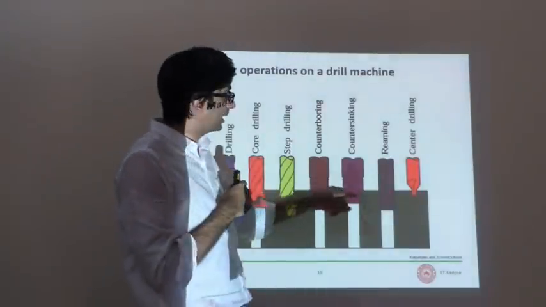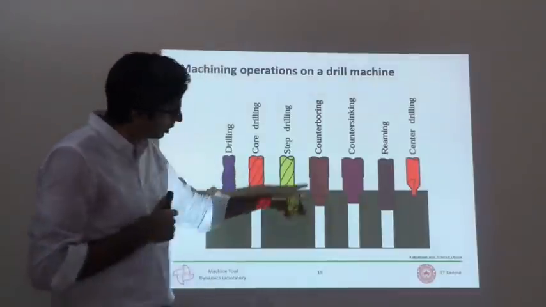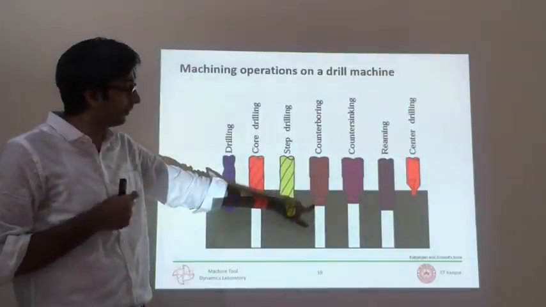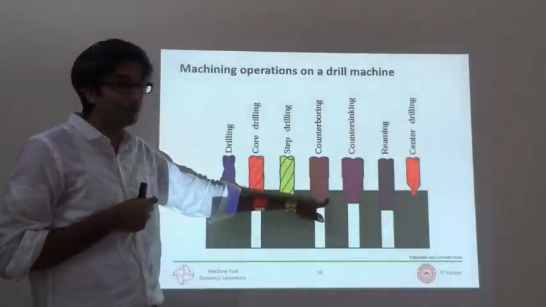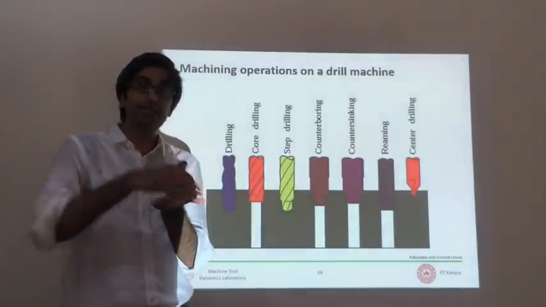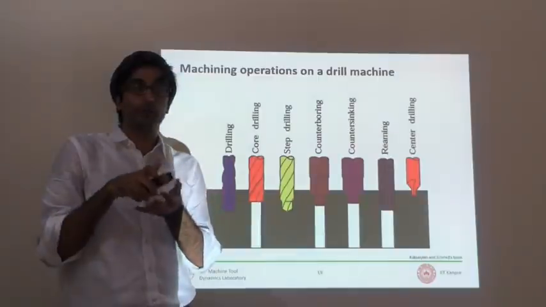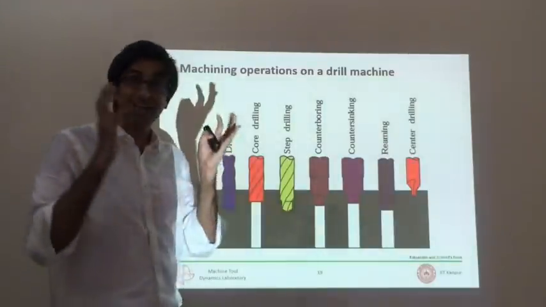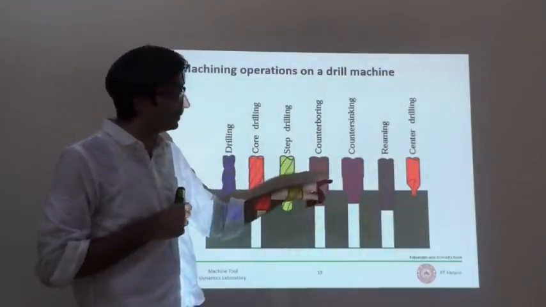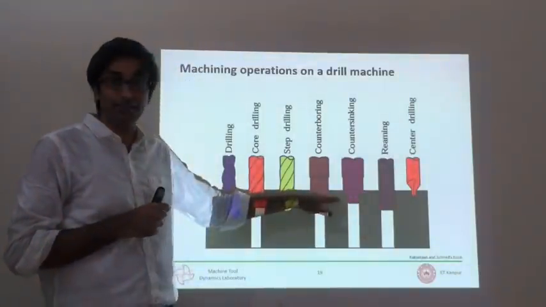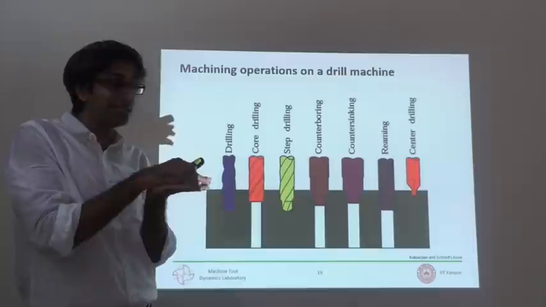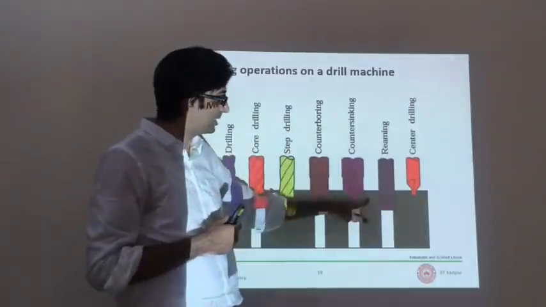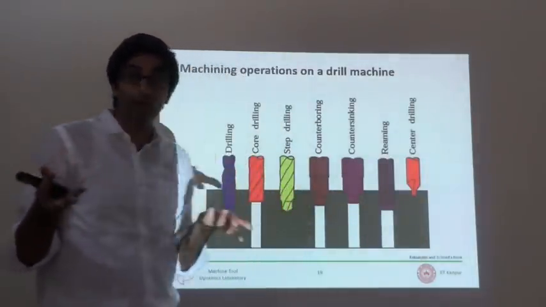There is also counter boring and counter sinking, which are used because there is already a pilot bore. This is not cutting the bottom portion, it is guiding inside that pilot bore. And the sides and the bottom are cutting because what you would like is to make a seat, for example, for a stud or a screw. If some of you have seen screws, and if you've not, I encourage you to open up something around you and look at screws. They have heads on them, and their heads are all differently shaped. Sometimes they have a cone, sometimes they have a flat, and because you would like their head to go and sit nicely inside a pocket, you need to make that pocket, and that's why it's called counter boring or counter sinking, which is actually cutting the profile of the head of the screw.